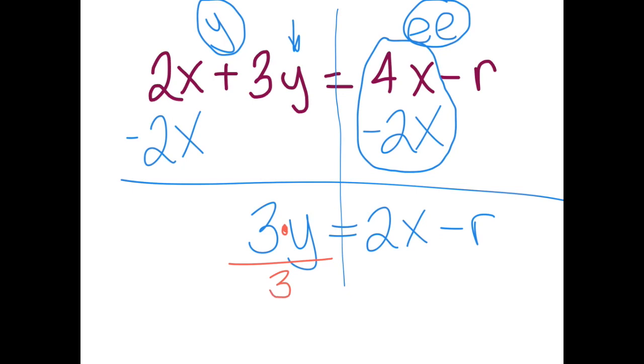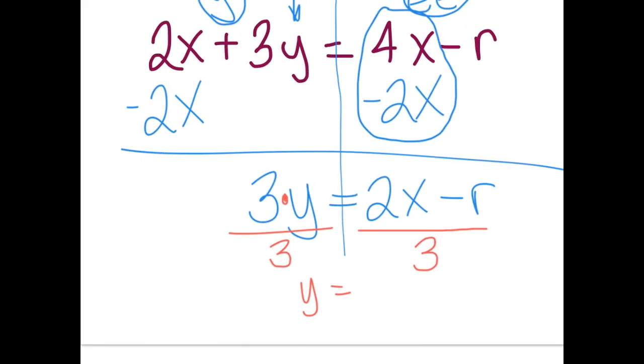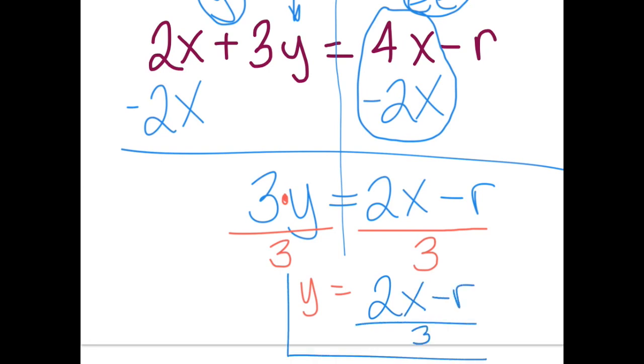If you divide on one side, you have to divide everything on the other. So you might notice that the 3 goes under both the 2x and the r. So my answer is y equals 2x minus r, and that whole thing is over 3. Here's another